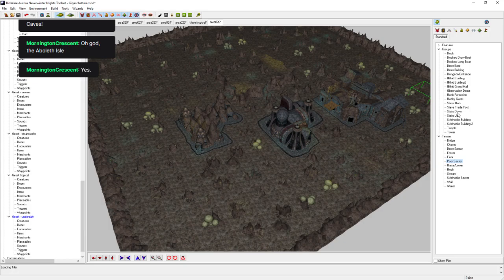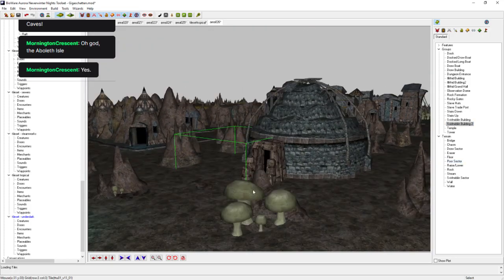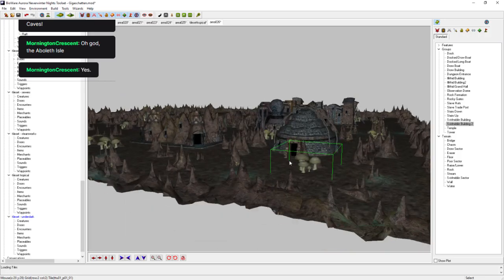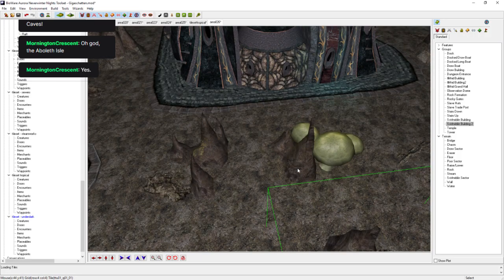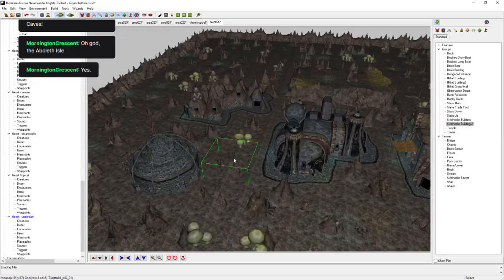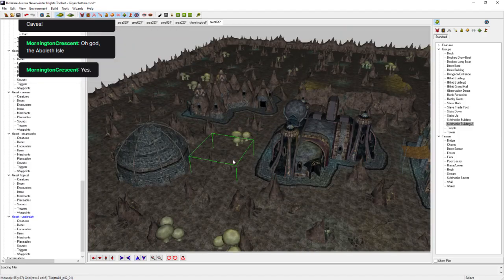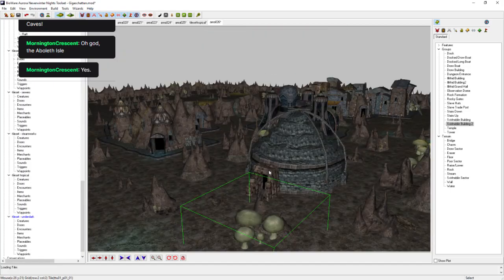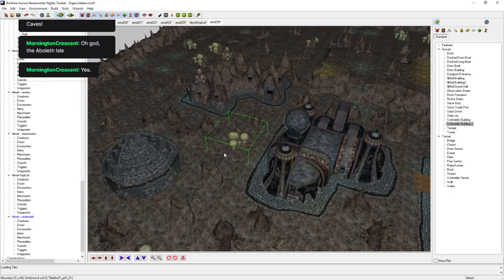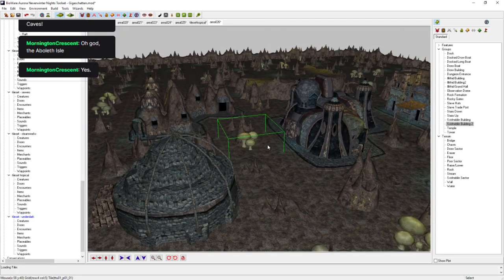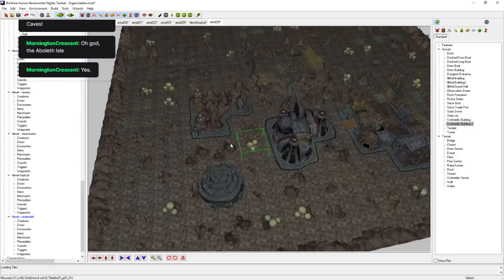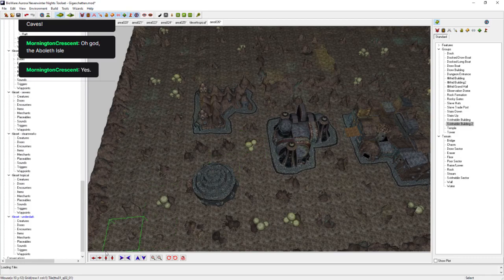Also, this Sverfneblin round building here, we now have an interior to match it. The tile set is called the Missing Interior tile set. It's incredibly complex. He's been working on it for literally years. Always seems to be near completion. I hope it is finished soon. When it is finished, it will go up on the Neverwinter Nights vault for everyone to use. A couple of points about this tile set is the